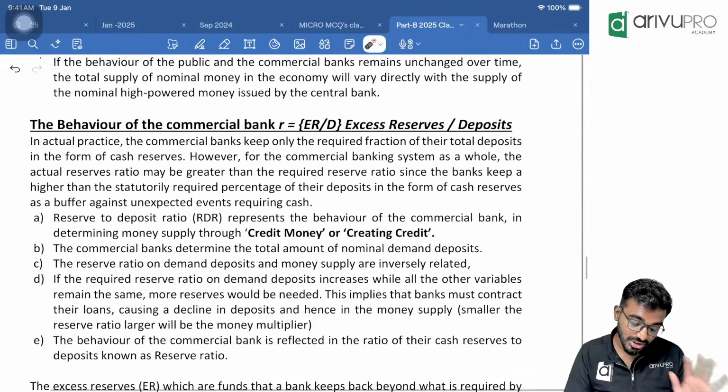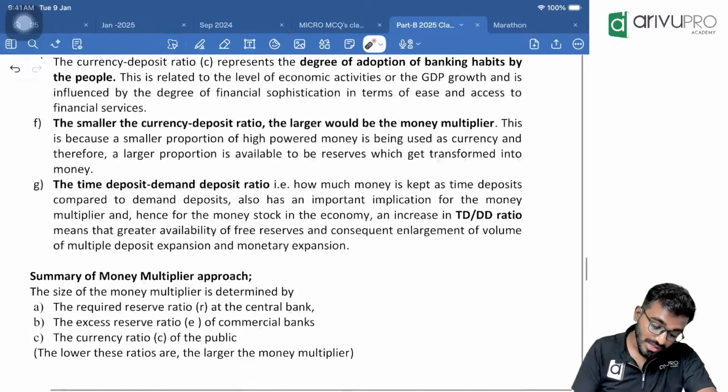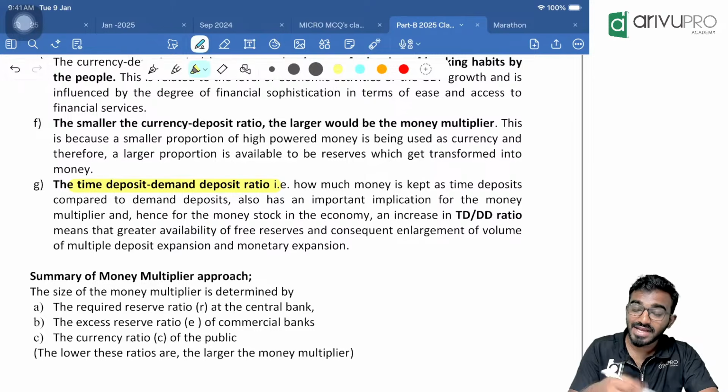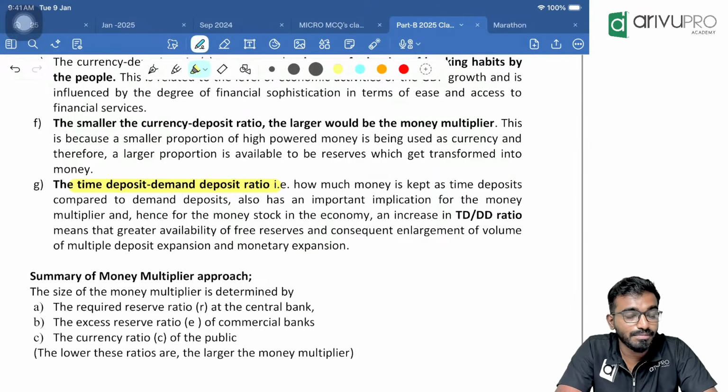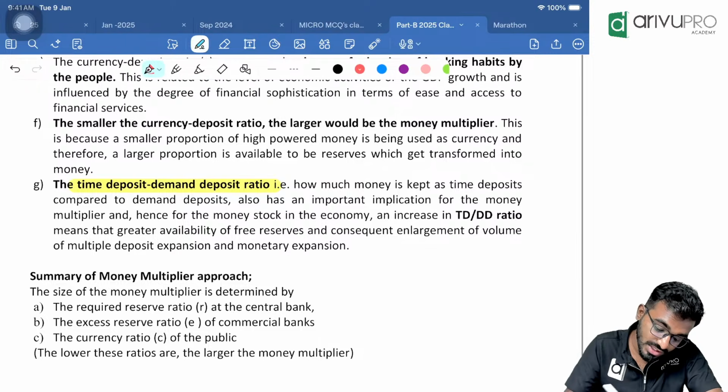And we believe that commercial bank always expects people to hold more and more in the form of time deposits. See, this question is important. Once they have asked this question, why time deposits? See, if people come and keep money in time deposits, that means for the next 1 year or 6 months, you will definitely not touch that money. So a bank will be using that as free reserves to give as a loan. See, remember these words. Word to word it will be coming.